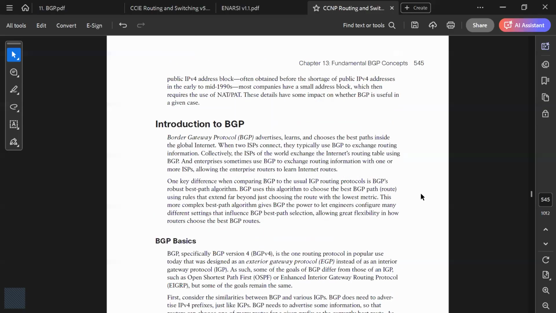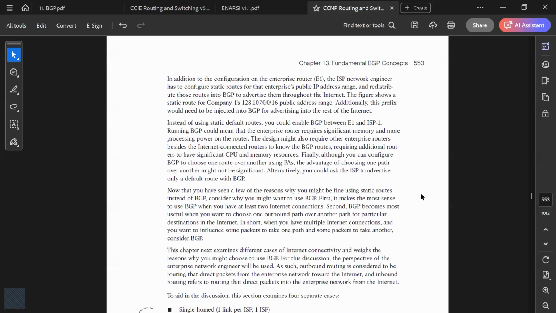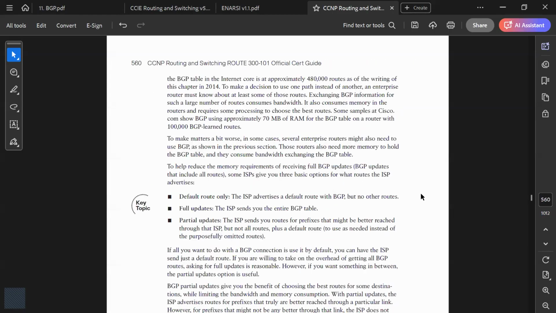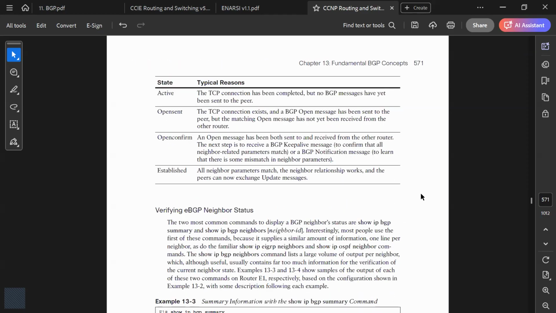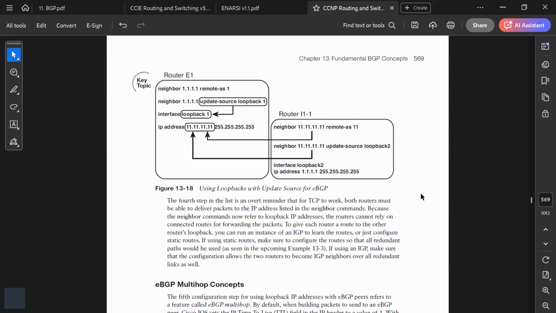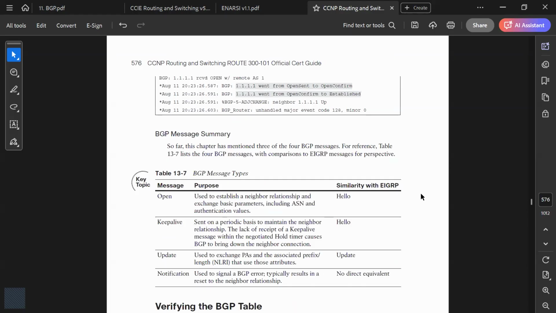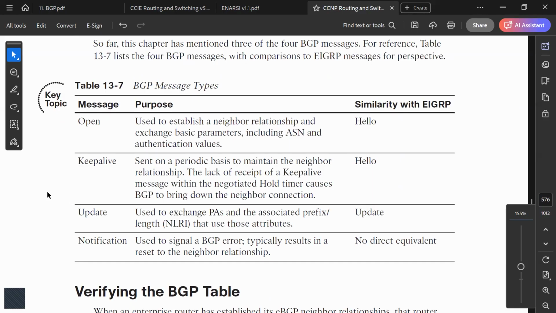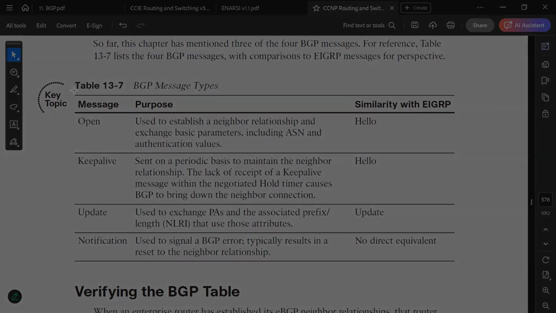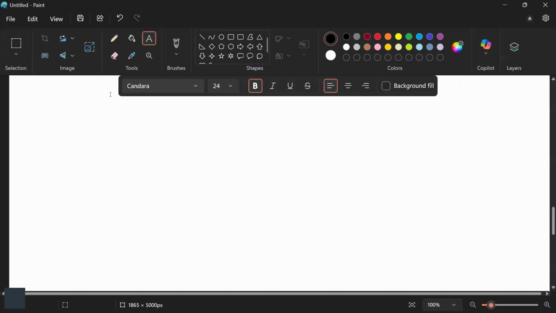Route aggregation, BGP basics. Yes, internal messages. The old books are good, but they have a lot of extra information. Yes, these are the messages. So if we talk about BGP message types,